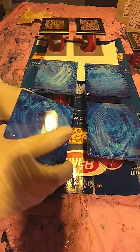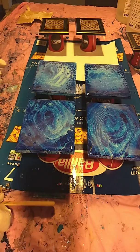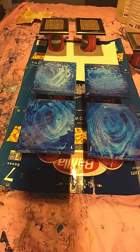I use Promarine and I am just setting up my cup. I will have to change the focus a little bit so that you guys know what I am doing now. So this is my small kitchen scale. This is the resin that I use. It's the Promarine. So it's a 2-part resin, and it